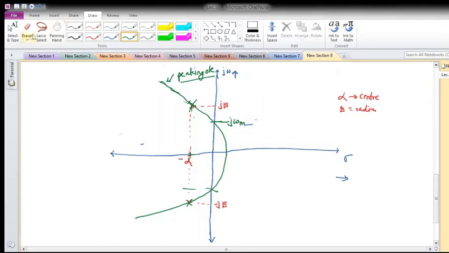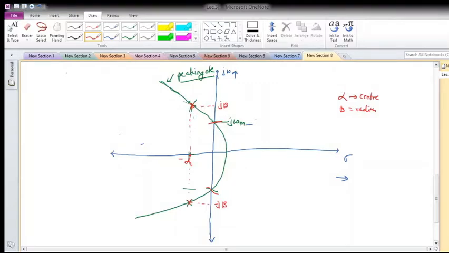So let me repeat it. You first plot the pole locations, take alpha as center, beta as radius, and draw the circle. And due to symmetry, what will happen? It will intersect on the imaginary axis, and wherever it intersects on the imaginary axis, this frequency on the j omega axis is nothing but your maximum frequency. Okay, so if it is intersecting on the j omega axis, then there will be the existence of maximum frequency.